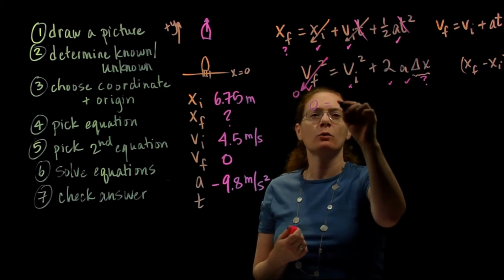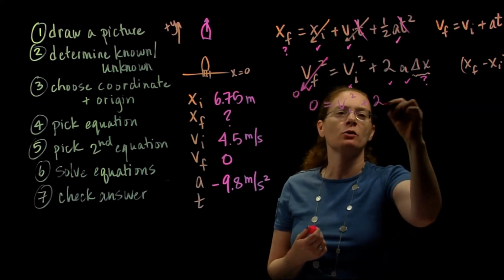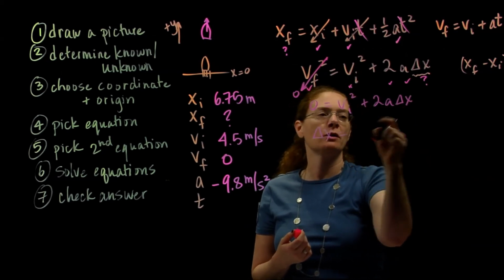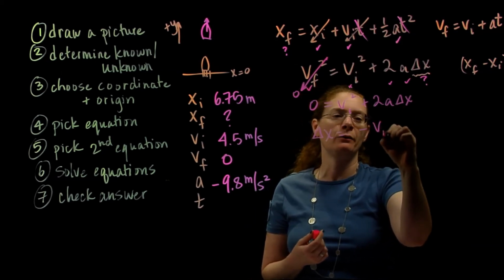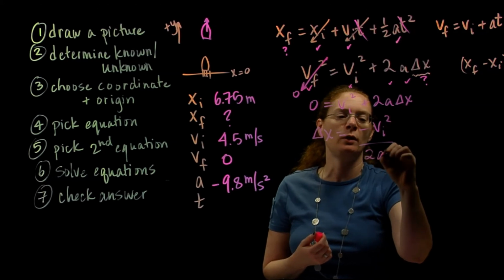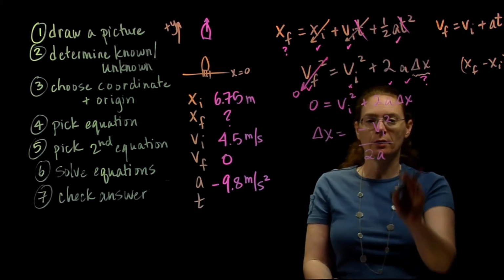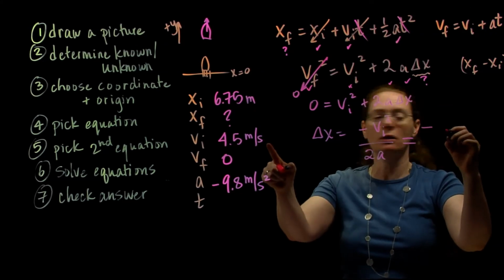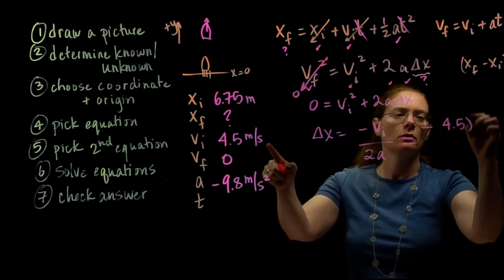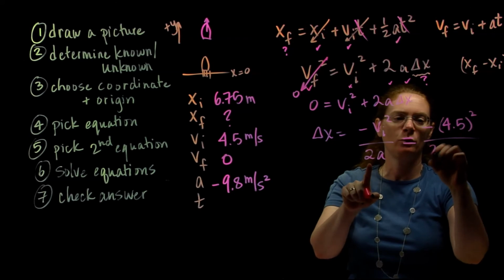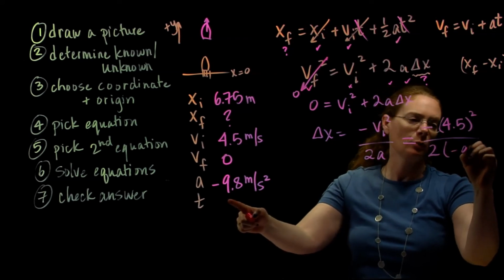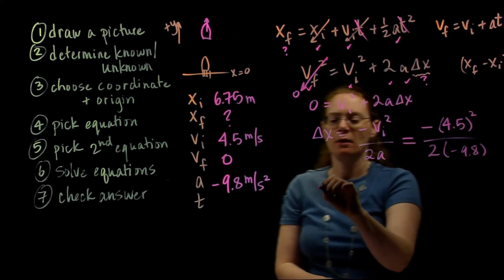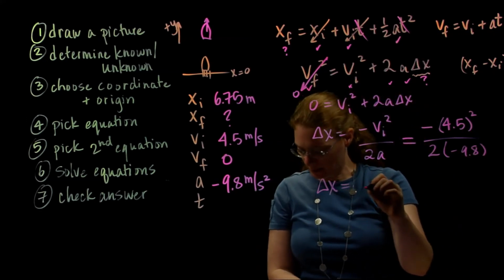So 0 equals V initial squared plus 2a delta x, and I'm looking for delta x. So if I rearrange it to solve for delta x, I get a negative V initial squared over 2a. That negative makes me worry a little bit, but let's just keep moving on. So negative V initial squared, so 4.5 squared over 2 times the acceleration, negative 9.8. Oh, don't have to worry. Negative and negative, they cancel out. So if you do the math, you get delta x is